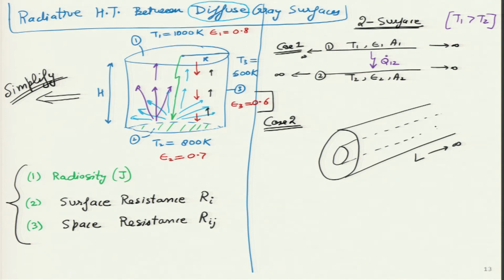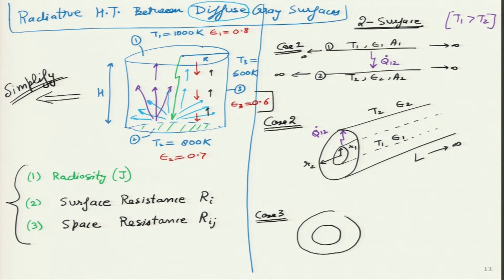And let us say I know the radius of these 2 pipes. The radius of the inner pipe is R1 and the radius of the outer pipe is R2, and I know the temperatures and the emissivities of both the surfaces. So, again I would like to figure out in this particular case as well, what is the rate at which radiative heat transfer is taking place. And there is a third case which is very simple as well. If we have 2 spheres, one inside another. So, this is a smaller sphere and this is a larger sphere.